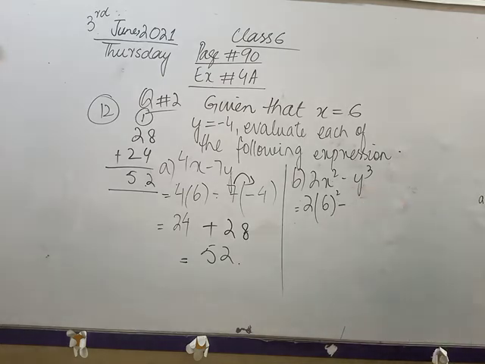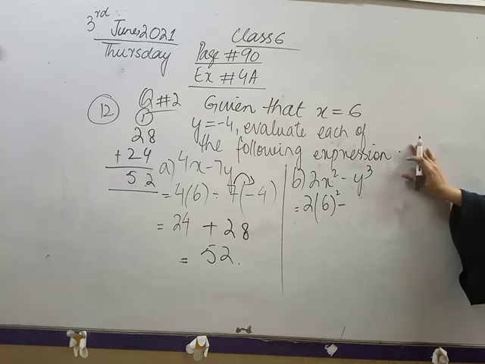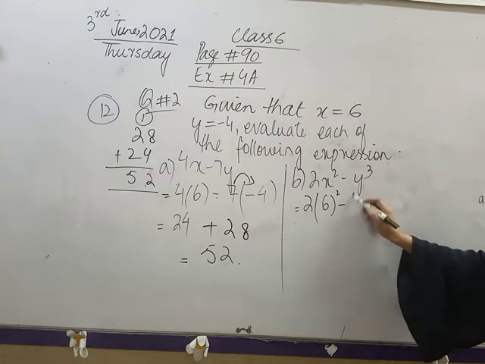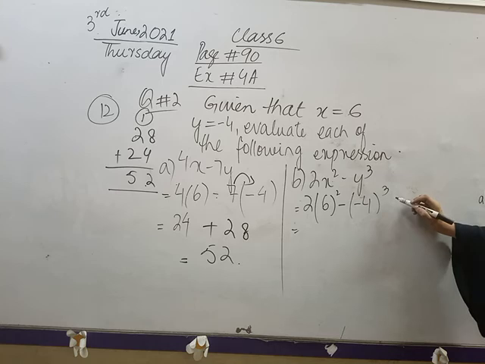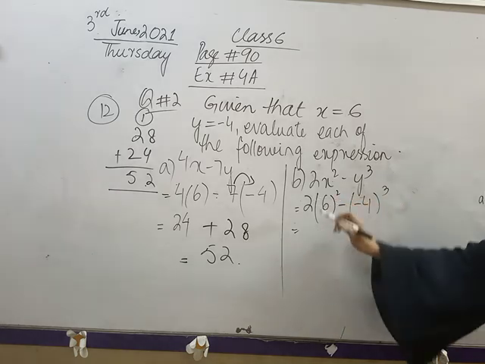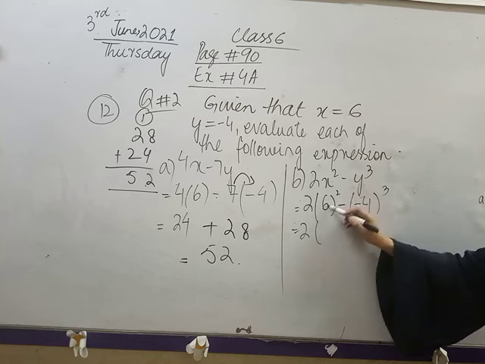Now minus sign as it is. Now I will put the value of y as it is, which is given in the question. So according to the question, what value have they given to us, who will tell me? Yes, Amna, you tell me. Very good. We have -4. I will write -4 and cube as it is. Fine. Now class, 2 as it is. First of all, I will simplify this power.